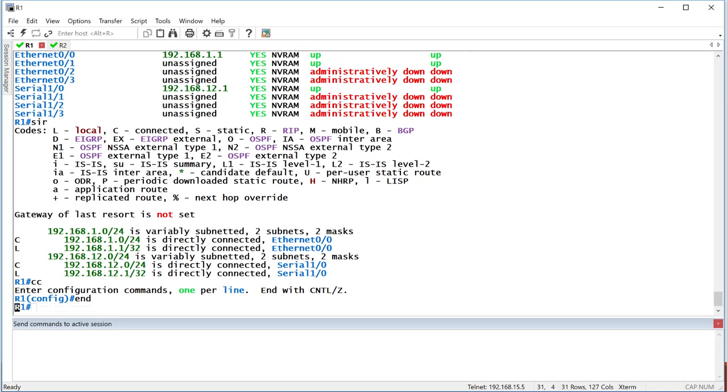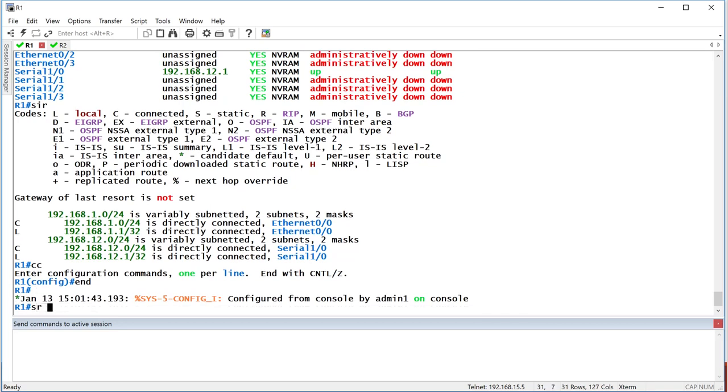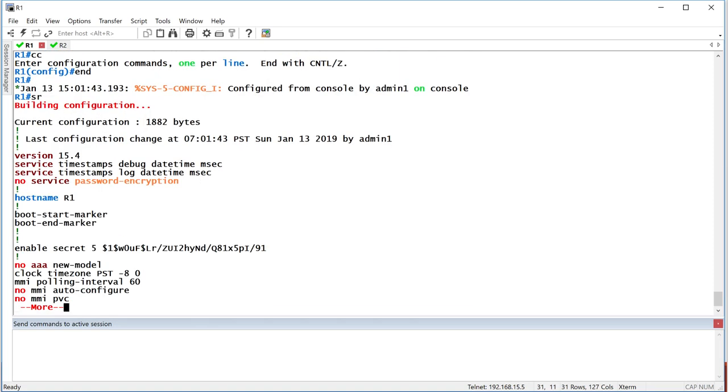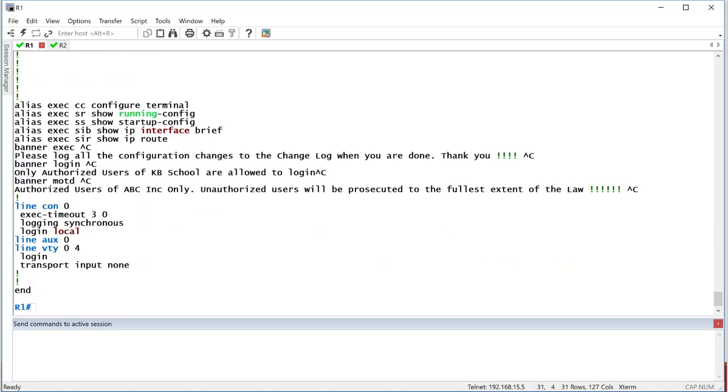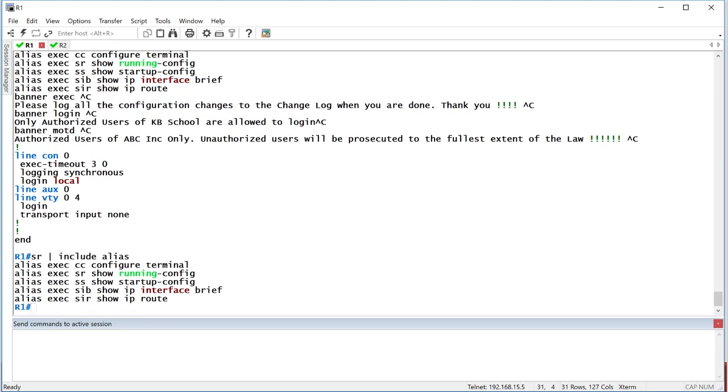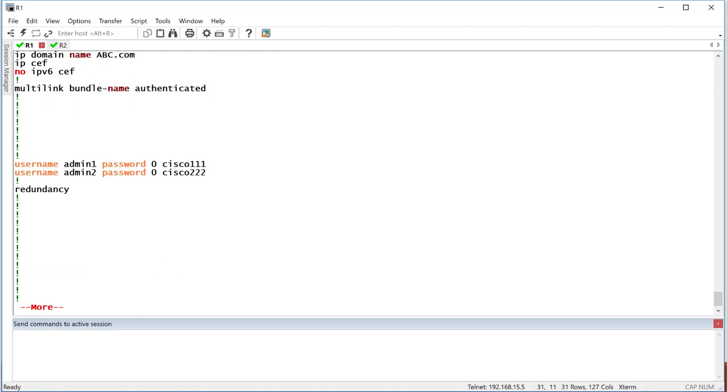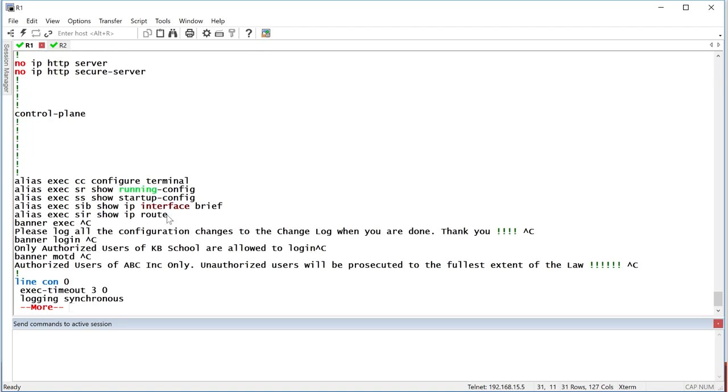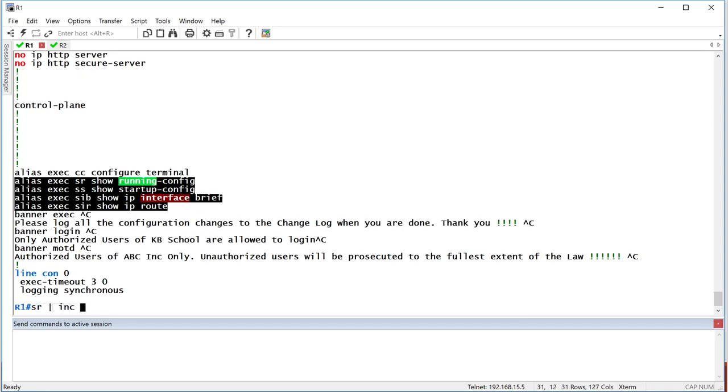Now, if you want to find out what your aliases are, you can always do SR, which is show run. And rather than looking at the entire running config, let's say you want to find out only commands that have a certain name or word inside them, you can always do show run, pipe, the pipe sign, include, the keyword include, alias. So basically what it does, it tells the router, okay, in the running config, I only want you to include the lines that have the word alias inside it. So now it doesn't show me the entire running config, it only shows me the lines that have that particular word inside it. So you could do show run or eventually scroll down all the way and you would see the alias commands over here. But if you just wanted to see what your aliases are, include